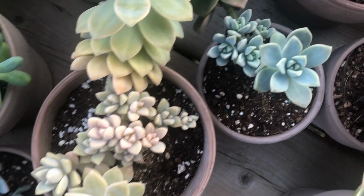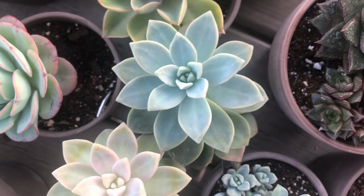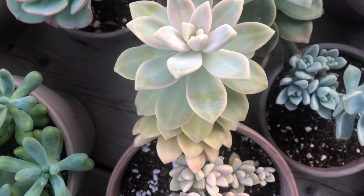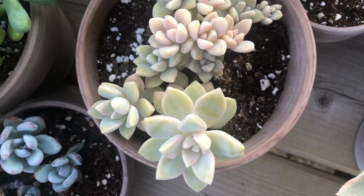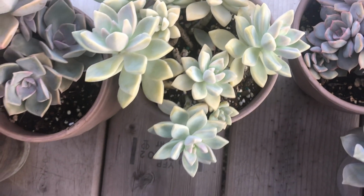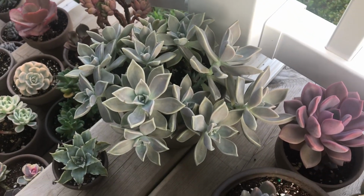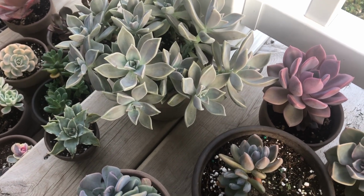For the longest time, I thought this here is the same as this here. They really look completely the same in shape, but this one never got pink, and this one has been pink forever. So I don't know. And even the babies are pink, and these babies are blue. So it must be something different. And then I thought that they're the same as this, but they're a little bit different. I don't know. And this is my famous ghost plant, these are actually cuttings from that big pot